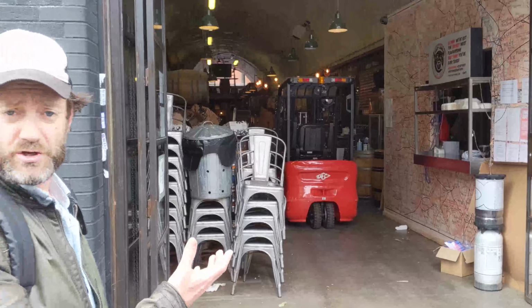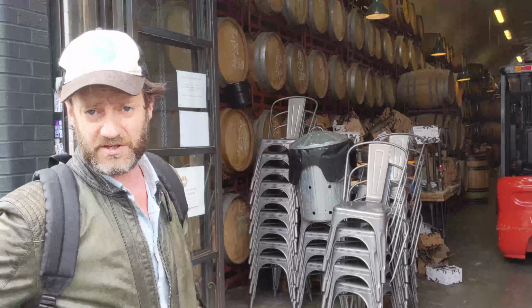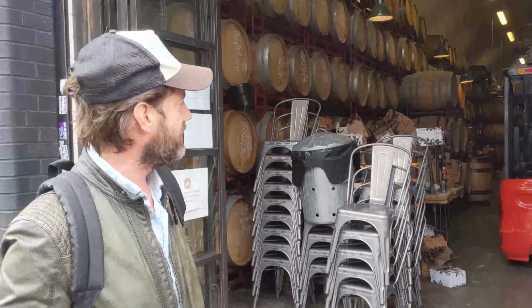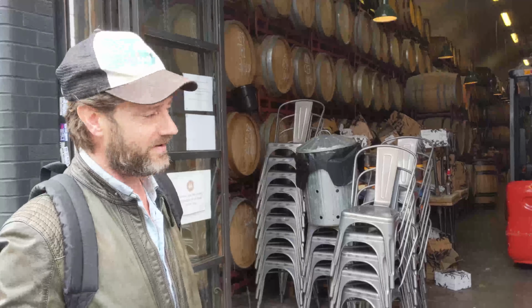And as well as being where you can drink their beer, this is also where their barrel aging program takes place. Barrel aging, mixed, spontaneous and wild fermented beers, aged beers, dark beers as well. Made away to be drunk later on, and I hope we're going to be able to speak to someone in here about their barrel aging program and just take a little bit around, probably for me, the smartest and